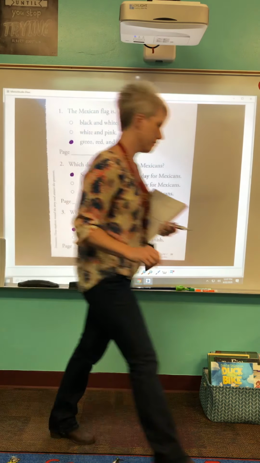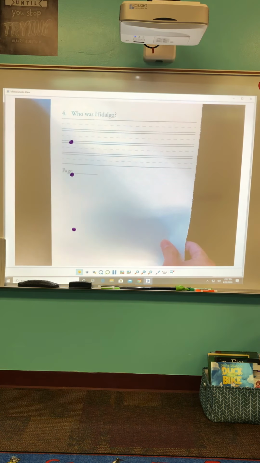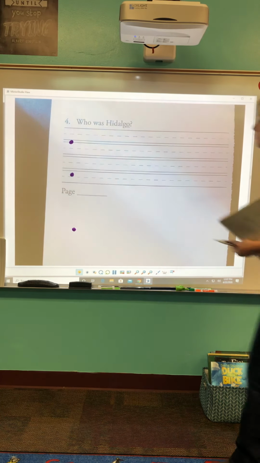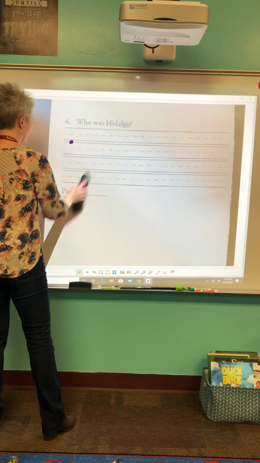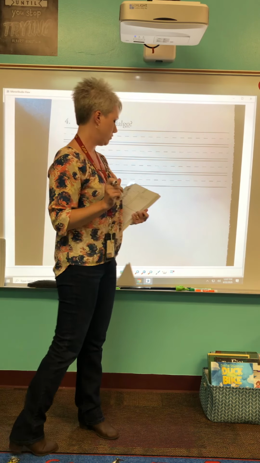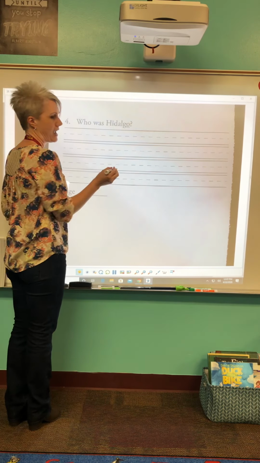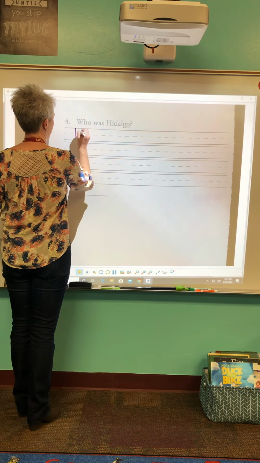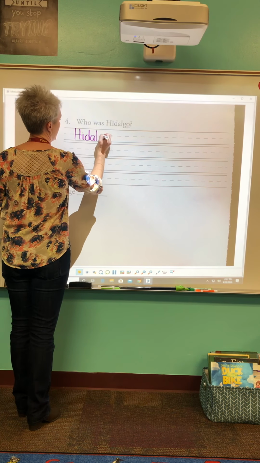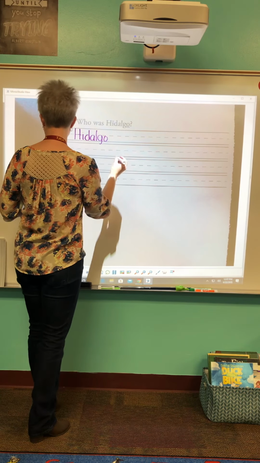All right, flip your paper over. There we go. Number 4. Number 4 says, who was Hidalgo? And we know that he was the man who said the Mexicans should be free from the Spanish. So let's put that in a complete sentence. We're going to start with his name, Hidalgo, capital H. And if you're not sure how to spell it, it's right there in your question. All you have to do is copy it down. Hidalgo was a man,